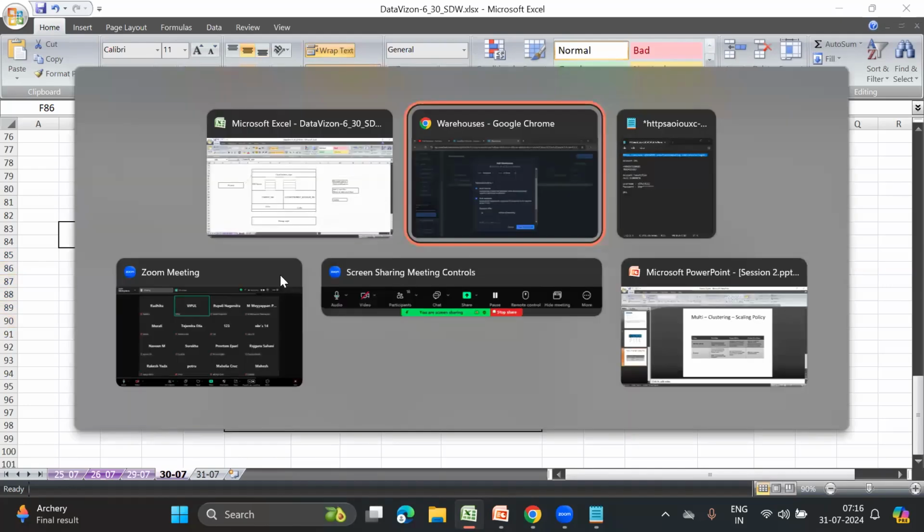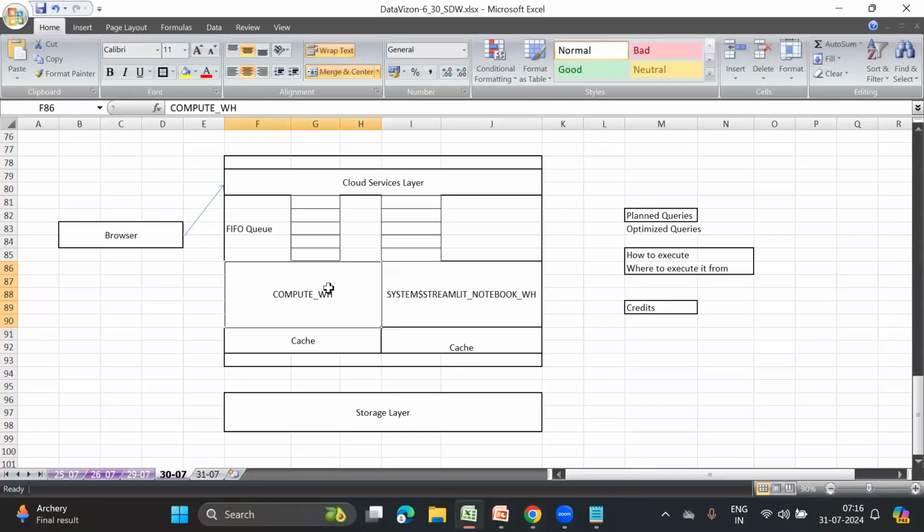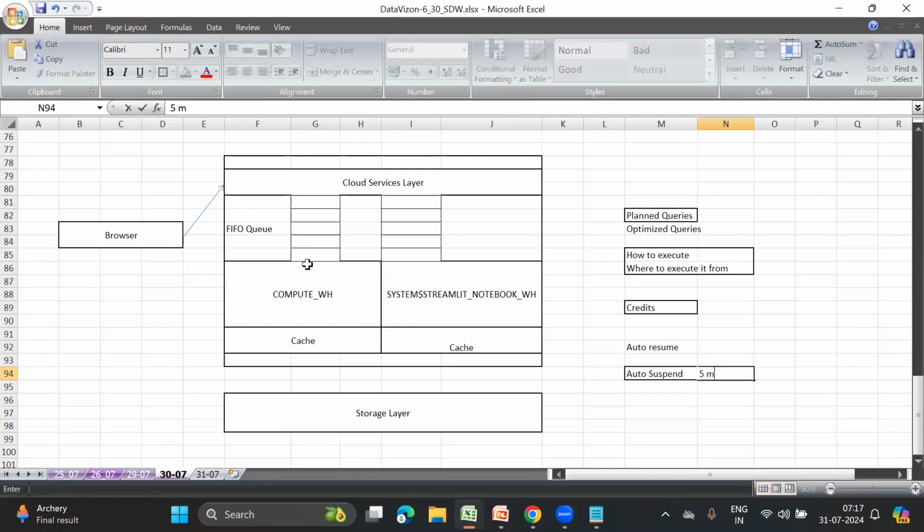So there is a very nice feature which is called auto resume and auto suspend. Okay. So now, in Snowflake, we can give these values. There is auto resume, and auto suspend. Okay, auto suspend. So over here, what we are doing is that I do not want my virtual warehouses to be always active. So I will say my virtual warehouse will get automatically suspended if there is some inactivity. If there is no query which is coming to my virtual warehouse, for example, for 5 minutes,